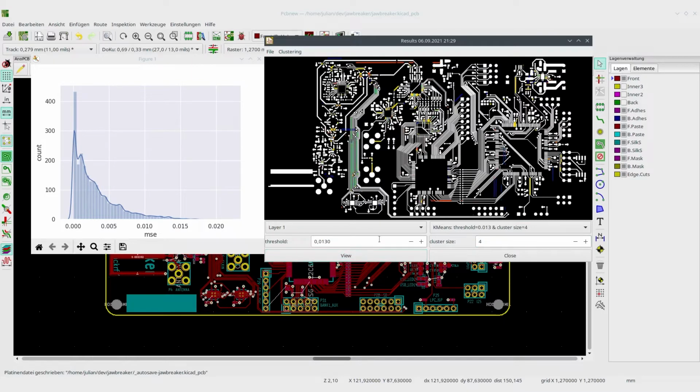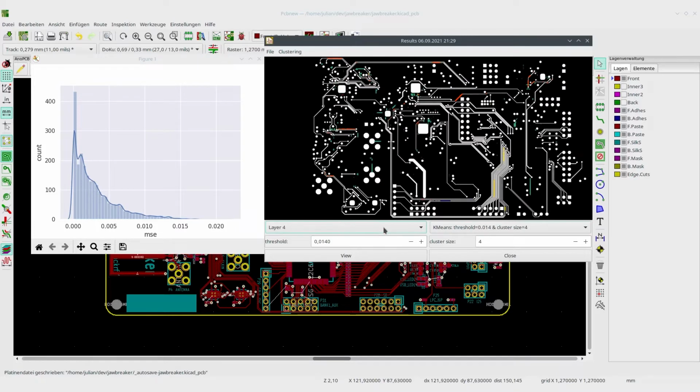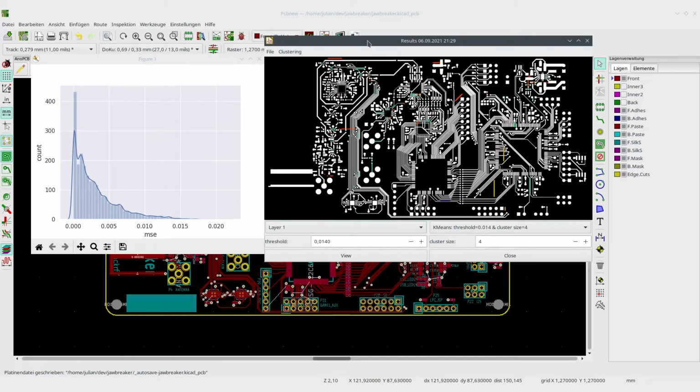And if we're not satisfied with the result because we have too much drawn on it, we can also decrease the amount of drawings even further. Once you've done this, the designer should try out different values and try to find some interesting spots which may have potential anomalies. This is a board which is already a working board, which is also present in the training data, so we don't have a use case to show here.